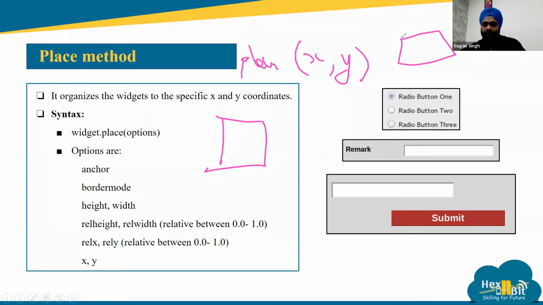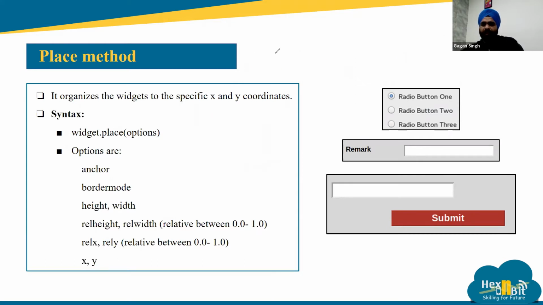There is a shortcoming of this method: depending upon the screen size, your placement can change. If I am using my laptop at the moment, and it is a 16 inch laptop, a different view will be there. If you run it on another, bigger screen, then the placement will be different. So that is a shortcoming, but it is quite useful and we can place things anywhere we want with the help of coordinates. So we'll be going ahead with this method.